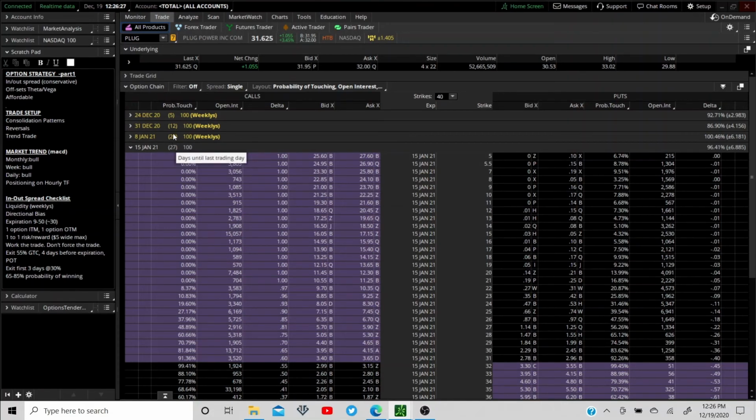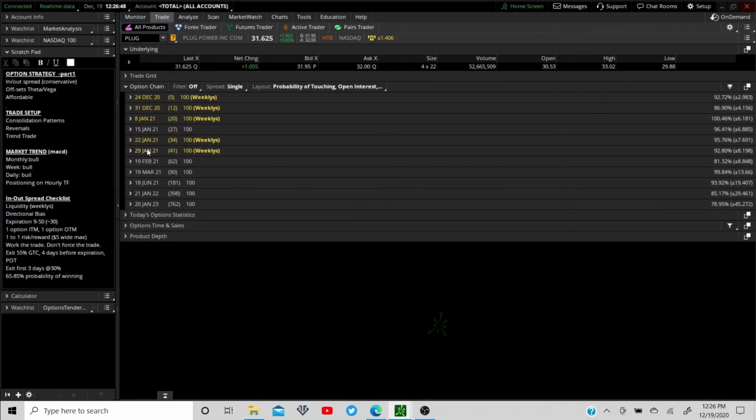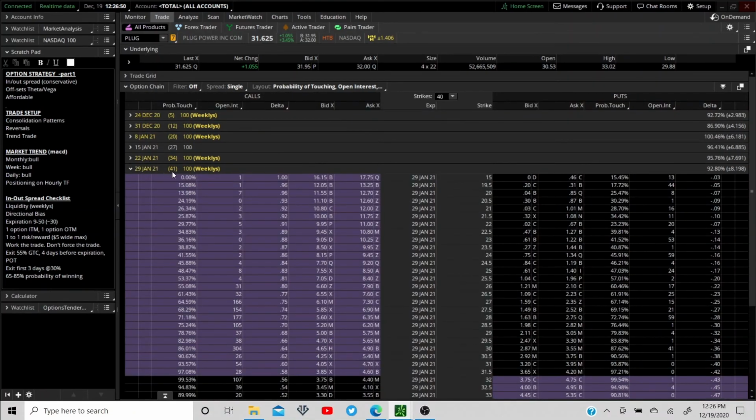If you know exactly what you're doing, you're pinpointing that reversal or the perfect positioning for your strategy, you could go down to 9 days. But that doesn't leave you much room for error, and the whole point of this is to be conservative. So you have about 9 days, and if you're going out to 50, or even in this case 41, you may be setting yourself up for failure in a way. Maybe there's a little bit too much time,